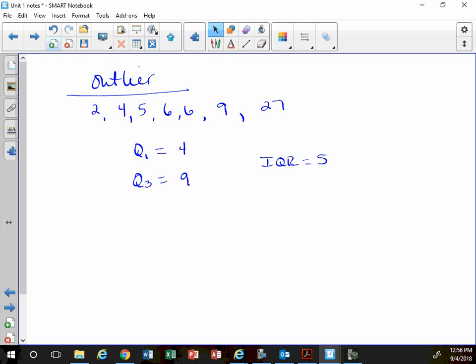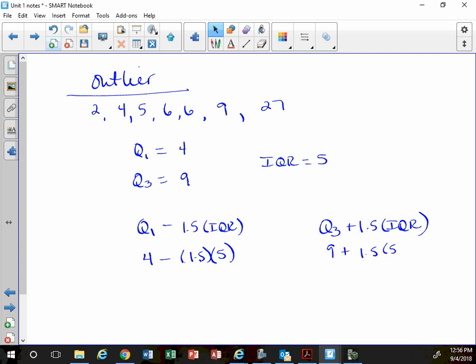Okay. So, to find an outlier, you've got your Q1, and then if we go 1.5 IQRs below that, so minus 1.5 times your IQR, that's going to give you an outlier. For your Q3, it's plus 1.5 times the IQR. All right, your Q1 was 4 minus 1.5 times 5. We don't have any values that are going to be smaller than that, right? Okay, so we don't have any outliers on the left. But what about on the right? It would be 9,